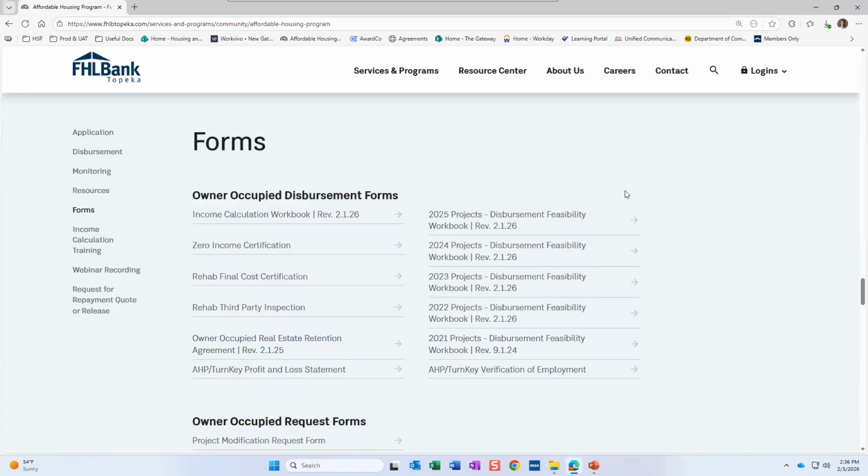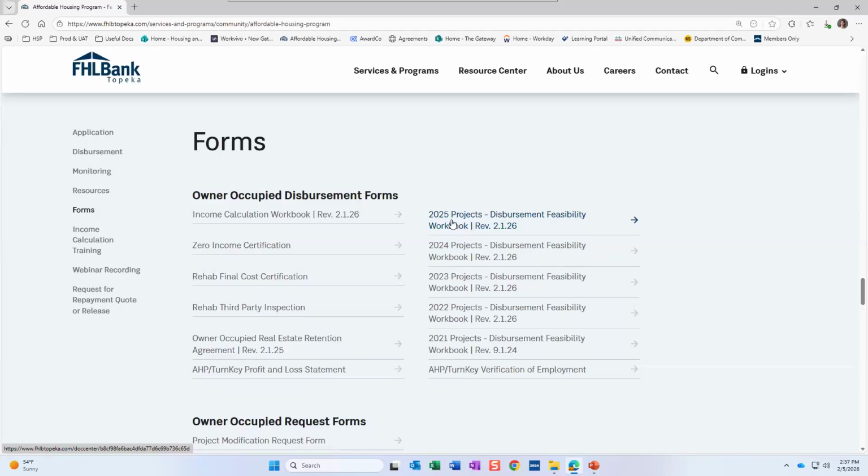All right, last thing is going to be the feasibility workbooks. So you'll notice that there are 5 different workbooks on the website. Please make sure that you always use the 2025 projects feasibility workbook, assuming you're online here for a 2025 project award. You want to make sure you're using the workbook that aligns with the year that you were awarded your funds. So even next year, we're going to release a 2026 workbook, and then we'll do 27, 28, all that good stuff.